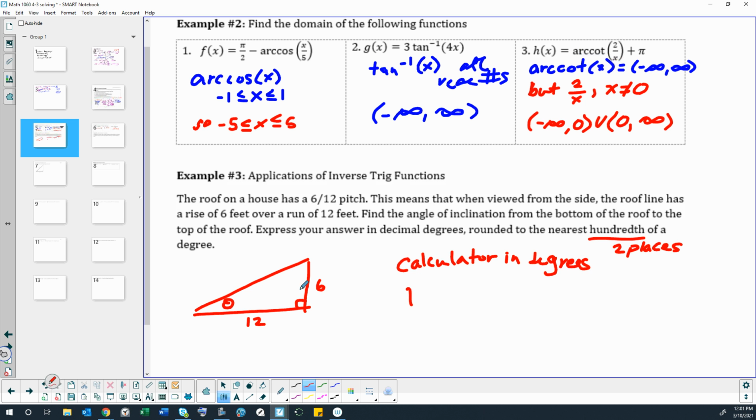We have 6, which is opposite our angle. We have 12, which is adjacent to our angle. Which trig ratio does that involve? You decided it was tangent. You are correct. So tangent is opposite over adjacent. So theta can be easily found by doing the inverse tangent of 6/12, which is seriously just 0.5 or 1/2,